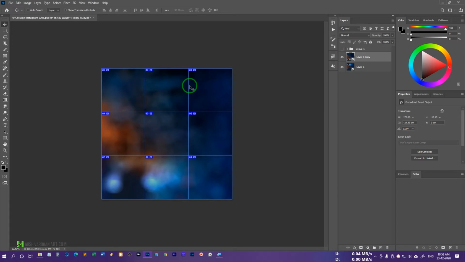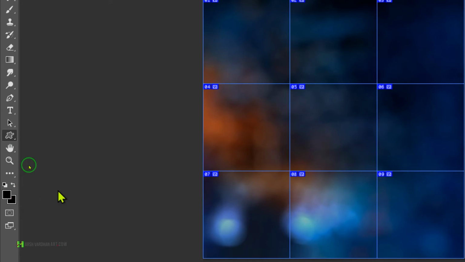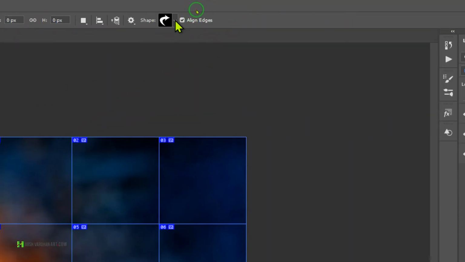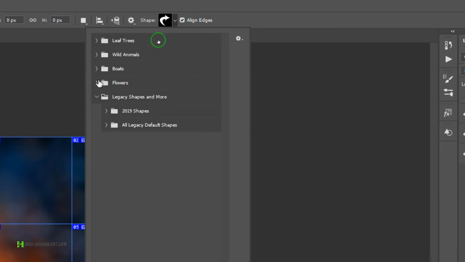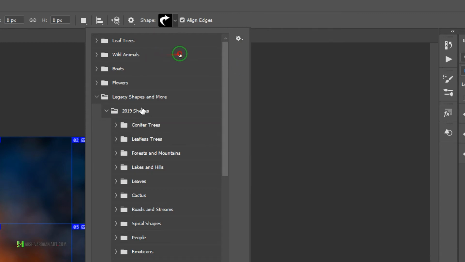But from here we can just plan out our second background if you want to use a totally different background. So here you have to decide that in the next upload I will use a different background. So in that case, what you have to do, you have to come over here and create a new blank layer, and thereafter come to the custom shape tool. By pressing U, you can have access to this as well, and thereafter on the top you will see the shapes. Just click on this and you will have some shapes. If you don't have the legacy shapes right over here, just click on this and select append default shapes, and you will have all this access.